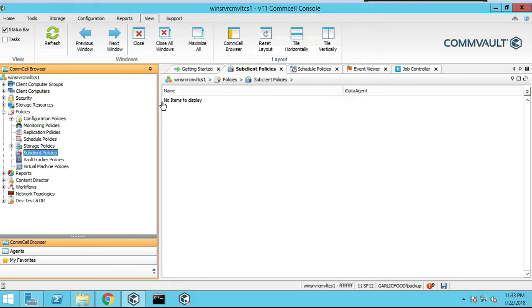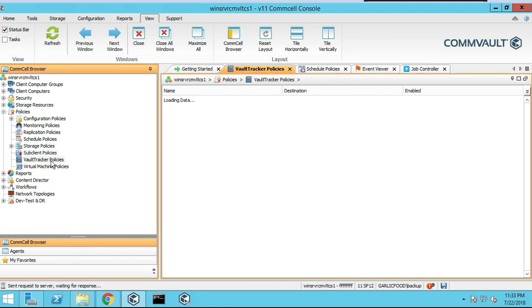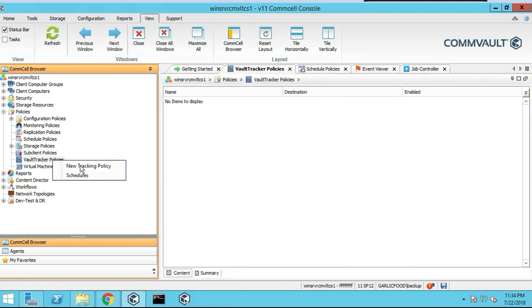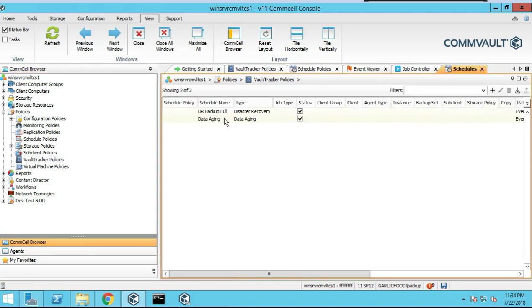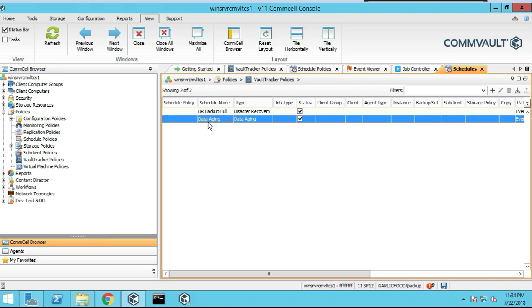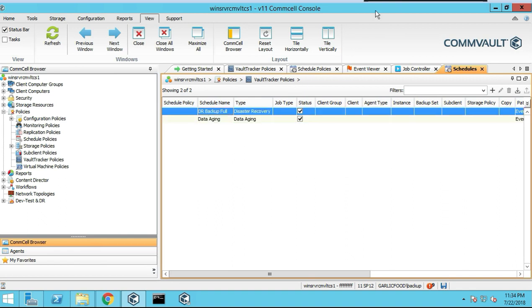Let's close that out. All right, and now Vault Tracker policies. Let's right click on that, new policies. Let's do schedule actually. So we're going to see all the schedules that are going on for that Vault Tracker. Again, Vault Tracker is the media, like tape media that we're running. Henceforth, a big vault or whatever, with a big bunch of tapes, like a